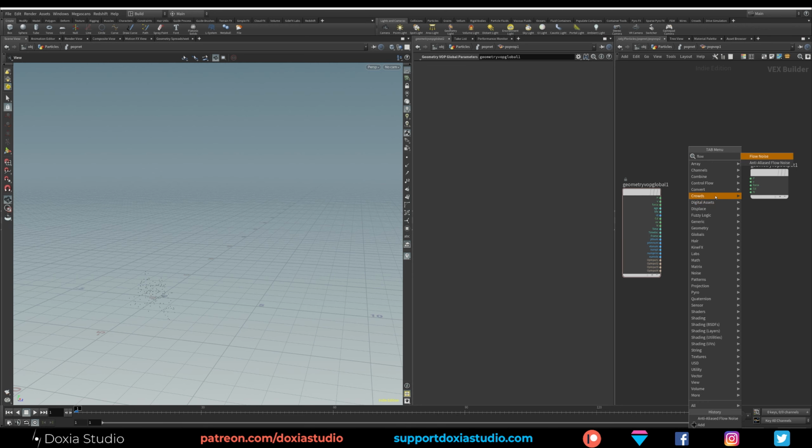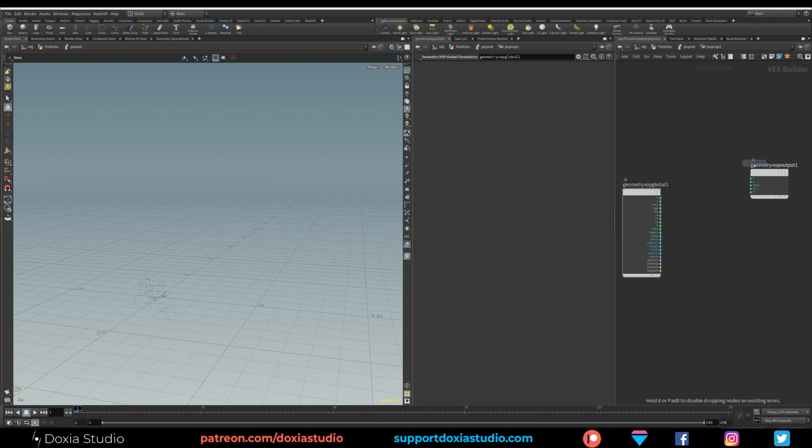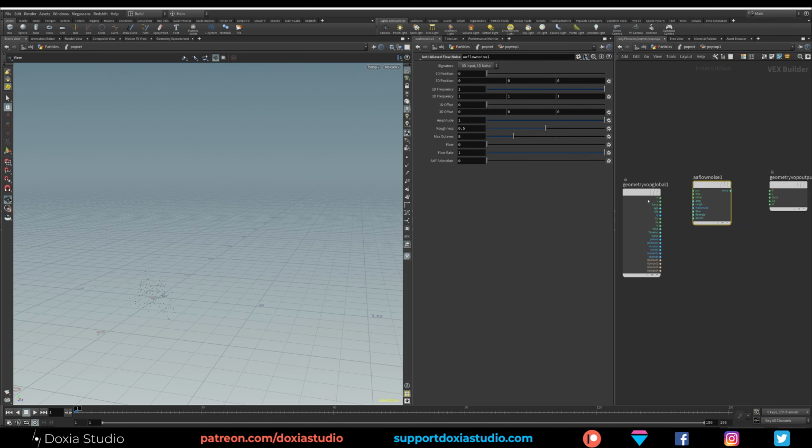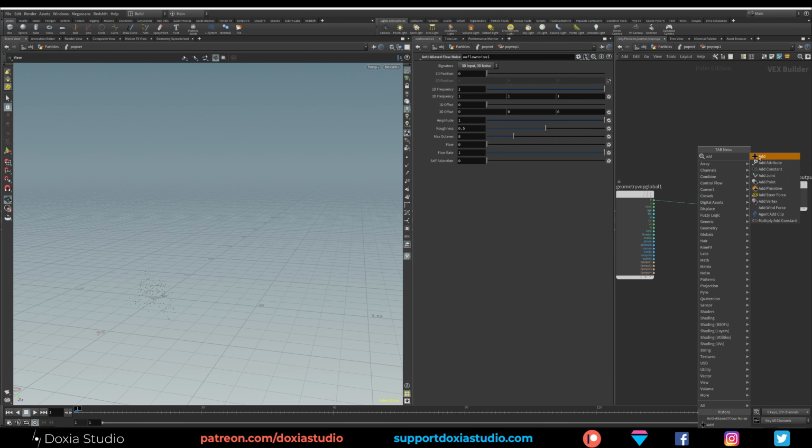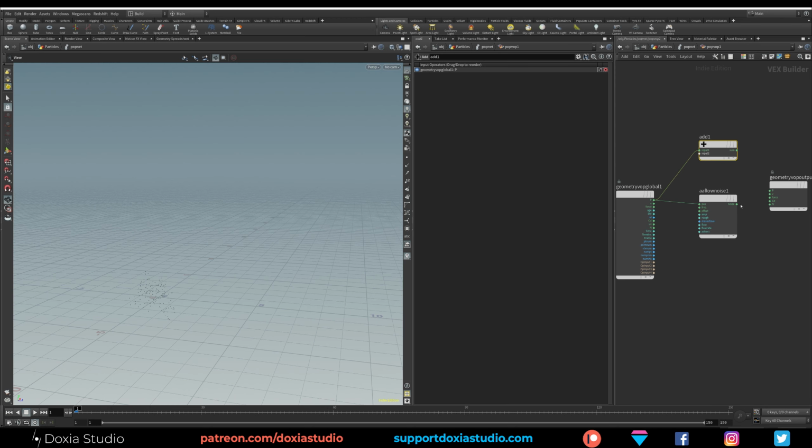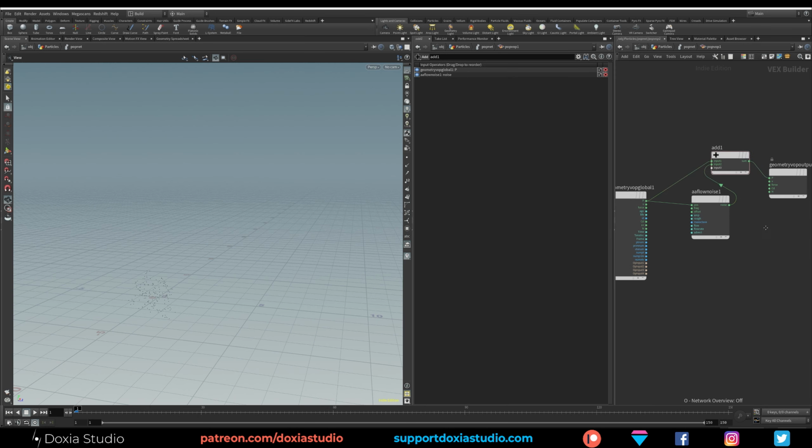Flow noise is a really cool organic noise, anti-alias flow noise. I really love this noise to create something organic. Go with 3D to 3D, and we want to displace our particle position.